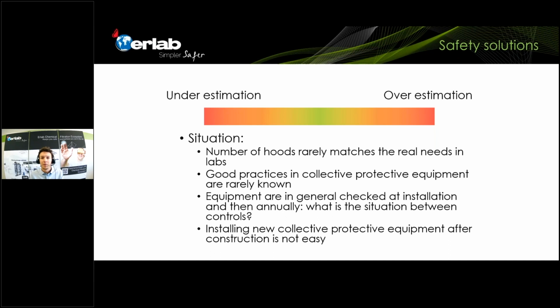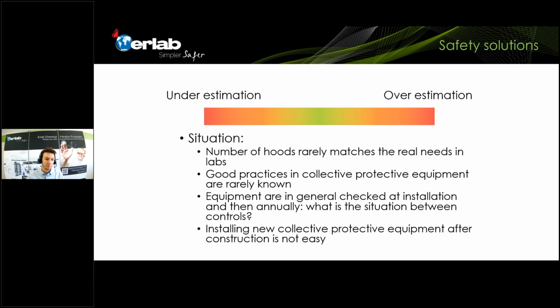So there are many different things that result in the fact that there is an overestimation, so an overinvestment in technical equipment, which can result in, for example, high energy costs, or there can be an underestimation. People who have a routine in the lab, and because they have that routine in the lab, it will cause them problems because they're exposed to chemicals, but they're not aware of it. So an underestimation or an overestimation. Being in the middle is a difficult exercise, and that's why we do this risk assessment and why we do